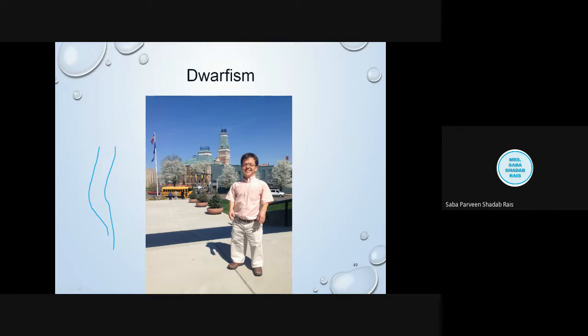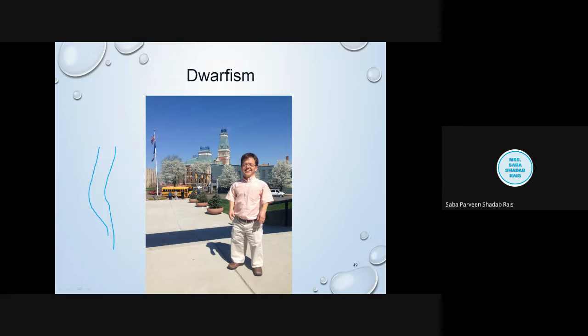Now, their sex organs and secondary sexual characters may not develop. That's why they look childish. The appearance of an affected male is similar to that of females. Obesity is a common symptom in males and females as well, because see, everything is growing in size but their height is not increasing, so they become very obese. So this is all about the pituitary gland.